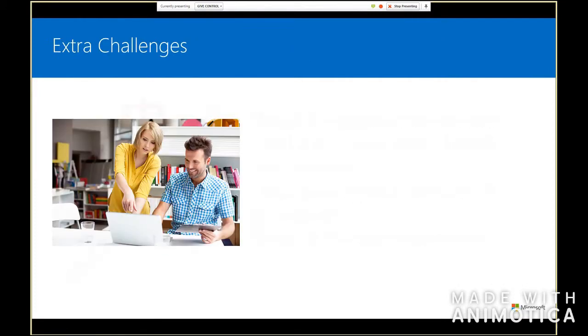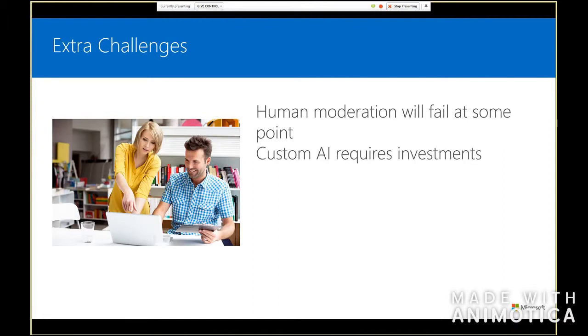So and also we have some extra challenges for content moderation. The human moderation will fail at some point. You can't avoid that because we are humans and we fail. Also, custom AI. So let's say you're going to create a content moderator solution for yourself. It will require a lot of investment. And in-house solutions, most of the times they can't scale.